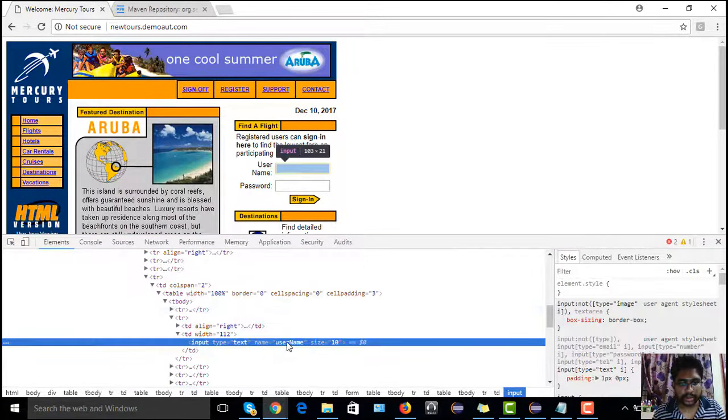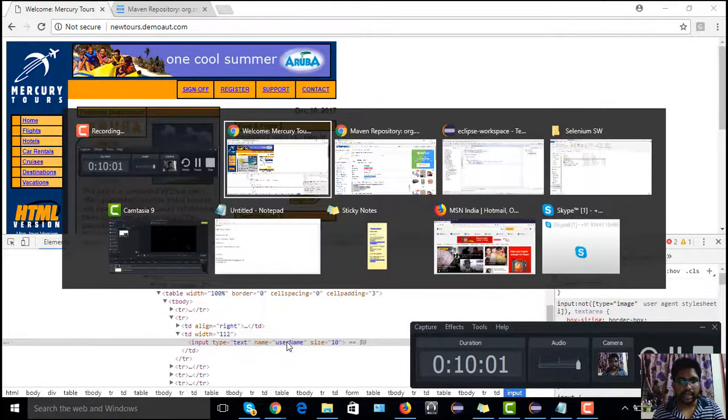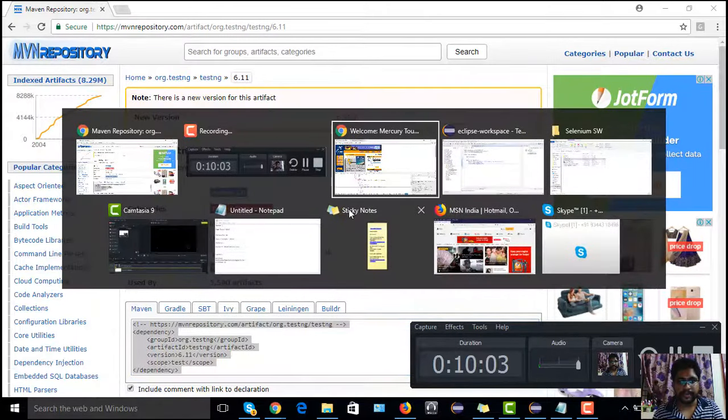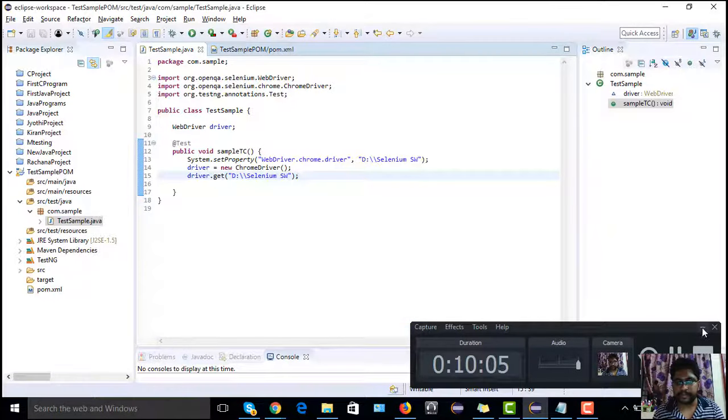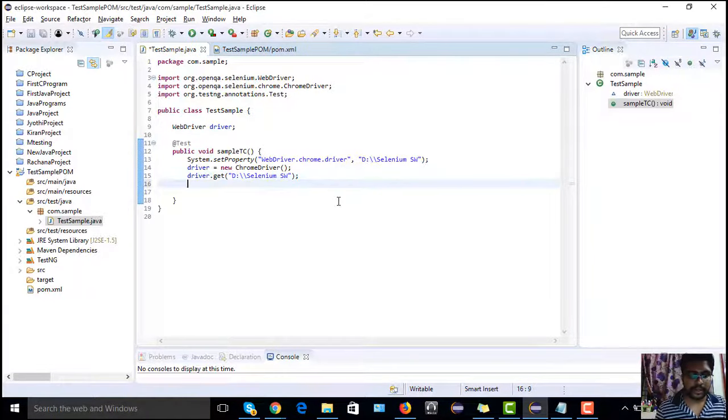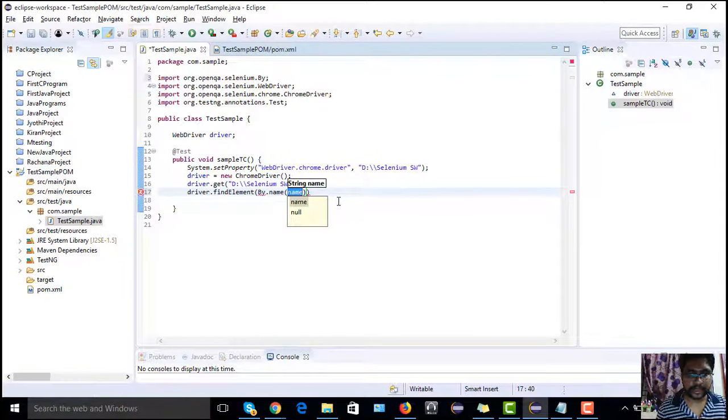So username. I'm going to use the name property. driver dot findElement of By dot name. So what is the name?